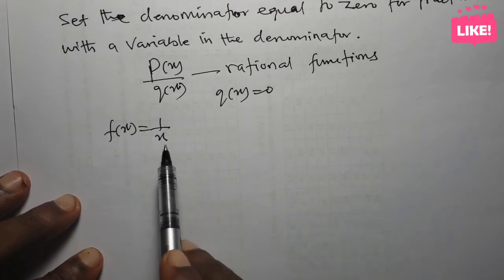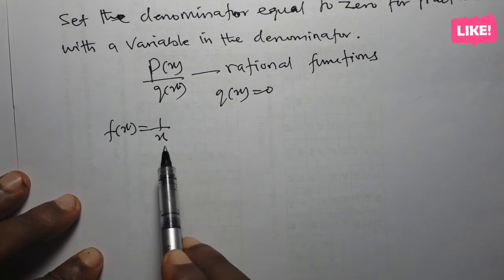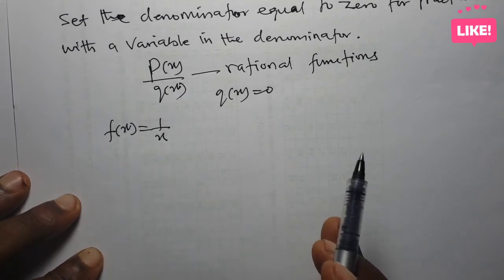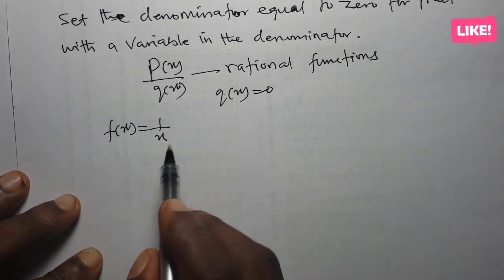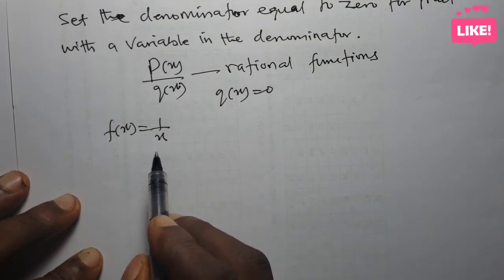What do you observe? The function 1 over x is a fraction. And of course, in the denominator, there's a variable x. You watch out for that. If there's no variable x, then the function is just a constant function. Okay, good. Now, since we have x in the denominator, we are saying that to find the domain of such